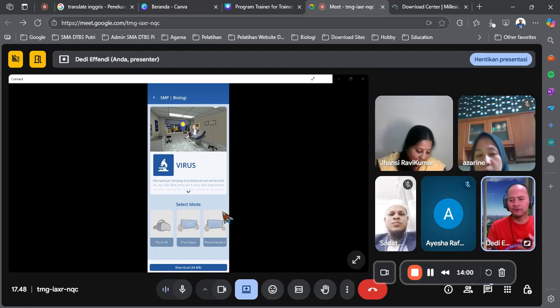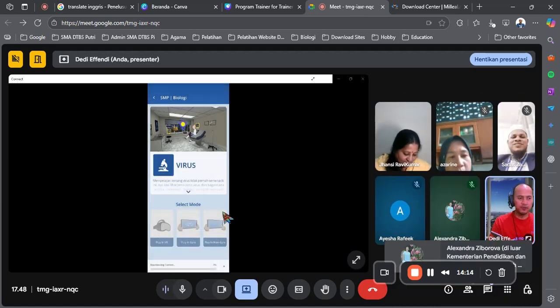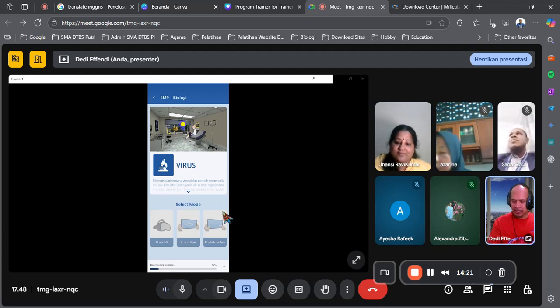Before, we had to connect to the internet and display it, and it was very slow and didn't run properly. But with this new technique, we download the project first, and we can preview it faster than just connecting to the internet.